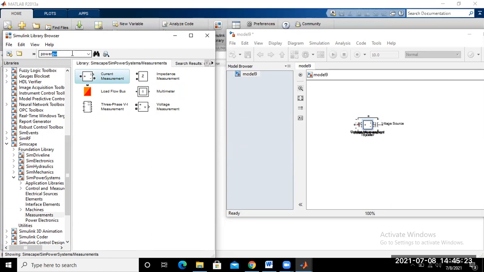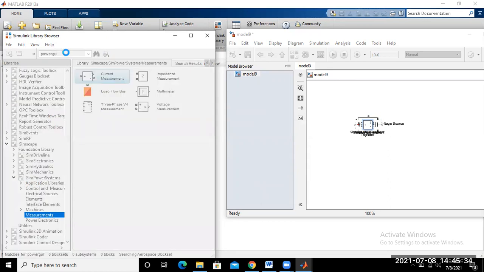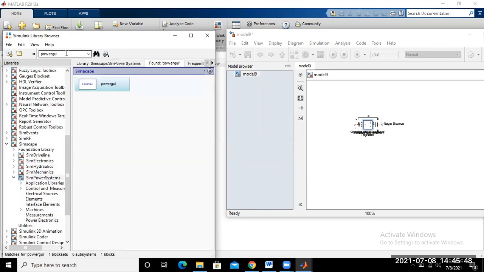Maybe simply type it here and press enter, so you can directly search that element. Searching here, powergui block. Now it is available here. Just add it into model number 9.